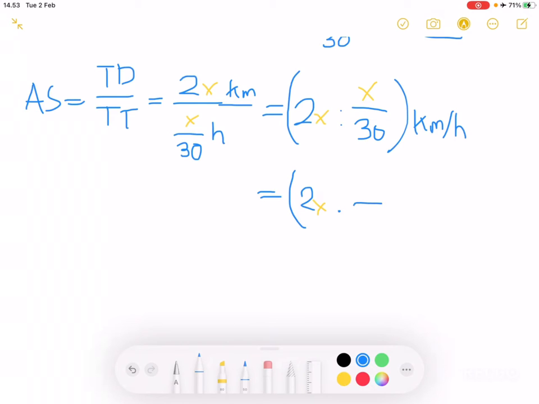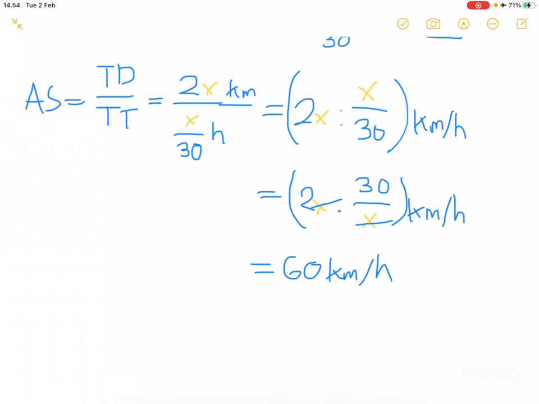So anyways, the numerator will switch with the denominator, and remember, this is kilometers per hour. Notice that this x and this x will cancel, leaving us with 2 times 30, which is just 60 kilometers per hour. However, we're not done yet, because the question